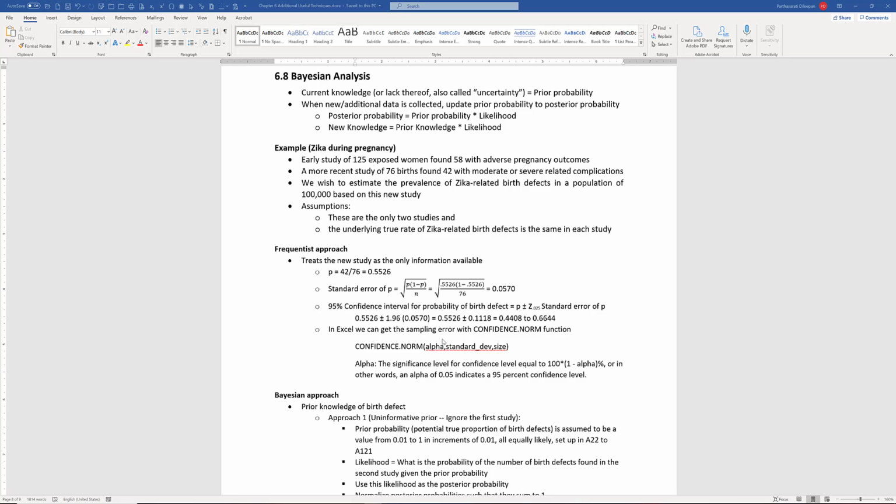So 1 minus alpha is the 95%. And then standard deviation is that standard error. And the size is your sample size, and since we are looking at the proportion, the sample size will be 1, or we can enter 100,000 there, but we will use 1,